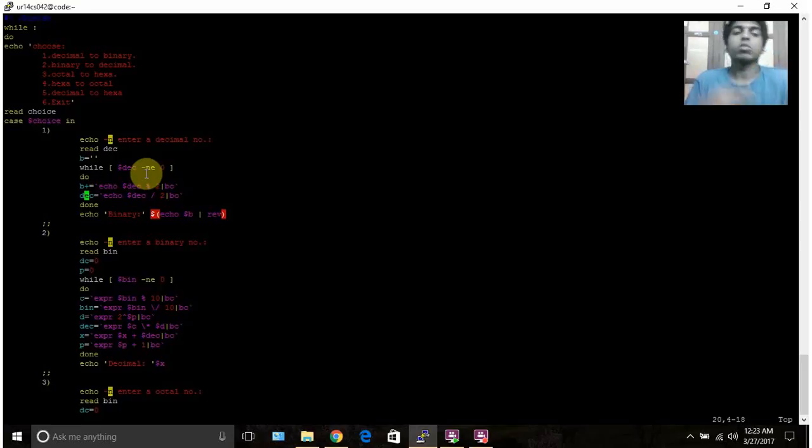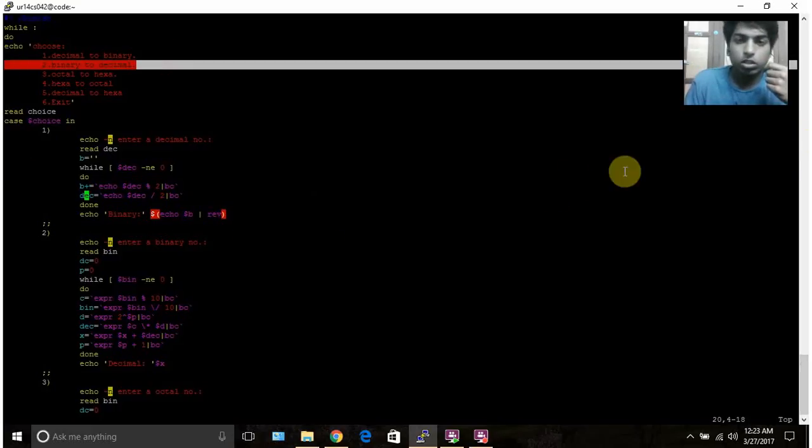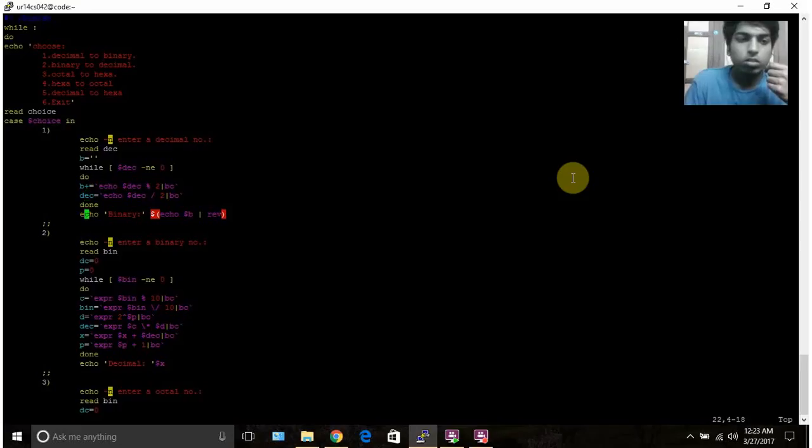Each time this loop runs, the value of B grows, and when the value of DEC becomes 0, the binary value of the input decimal number will be inside B. Now we echo it. After that, the next conversion technique is binary to decimal. In the binary to decimal conversion technique,